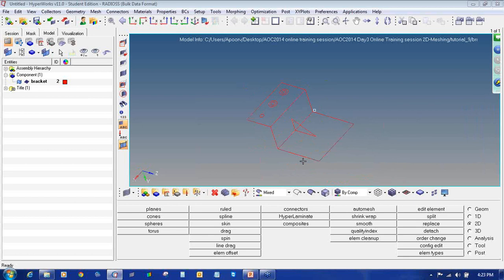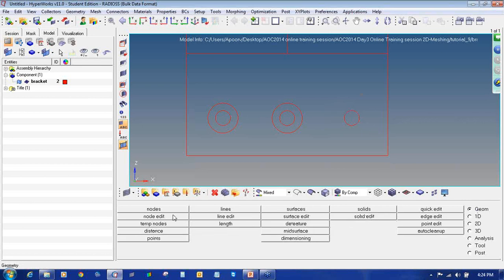Before starting the mesh, as you can see, there are 3 bolt locations, 2 are having a washer and 1 is not having the washer. So first we will create a washer for this, a line surrounding it with the same diameter. For that we need to first find out the length or radius of these 2 circles, so that accordingly we will create the circle for the third hole.